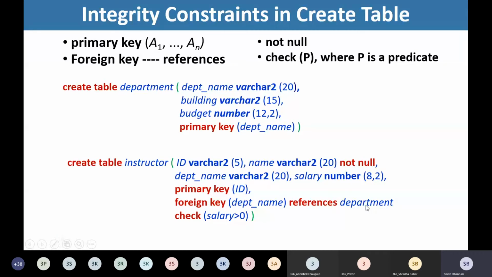As I stated, we should first create the department table so that we can designate department name as the primary key for the department table, and then only is it possible for us to introduce this department name as the foreign key in the instructor table. So these are the definitions we have for these respective tables, department and instructor.